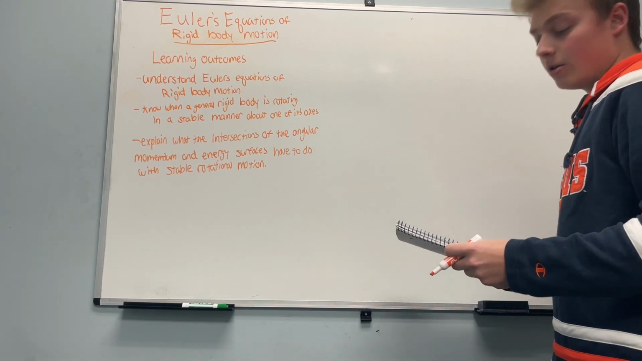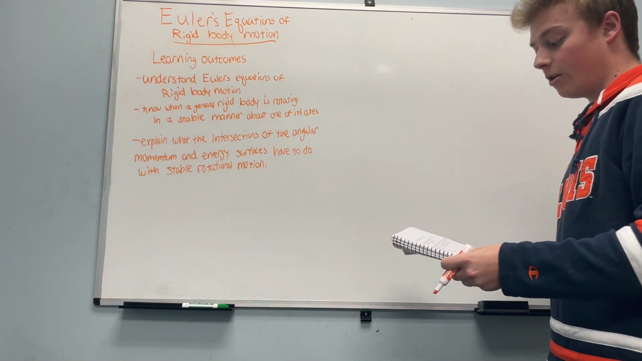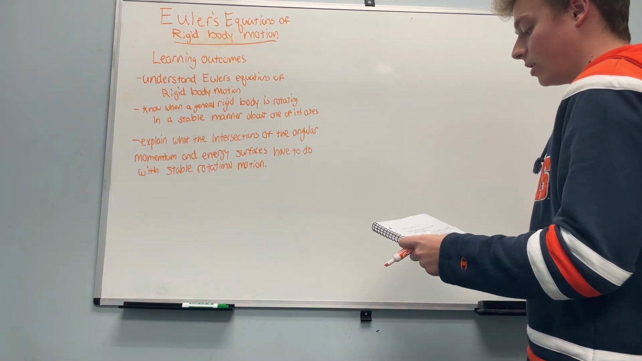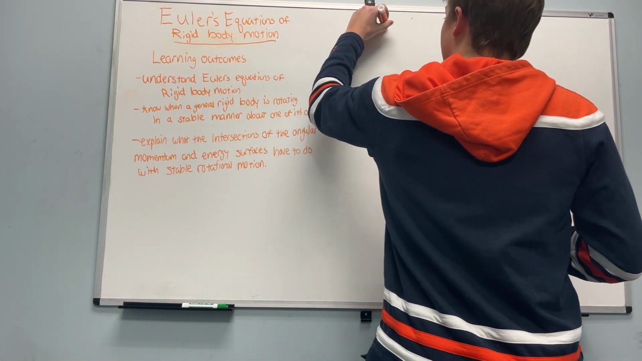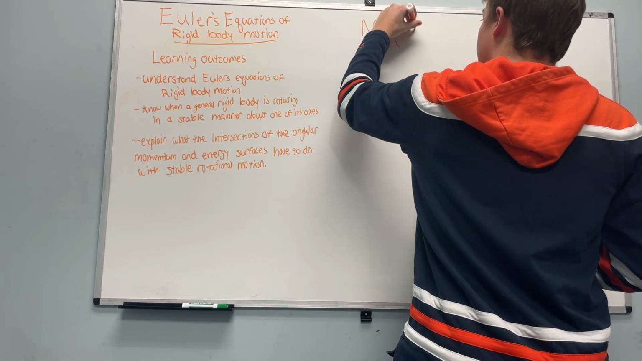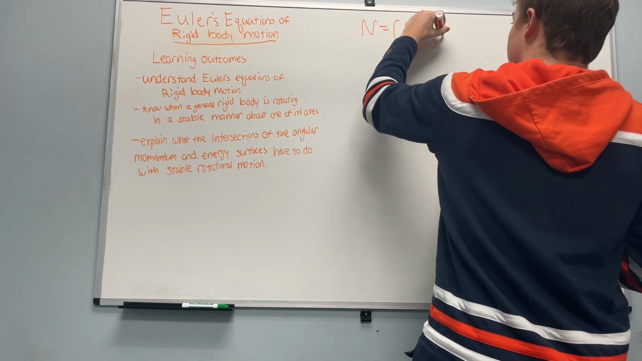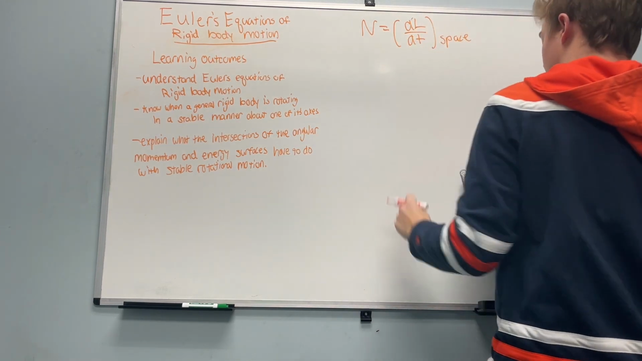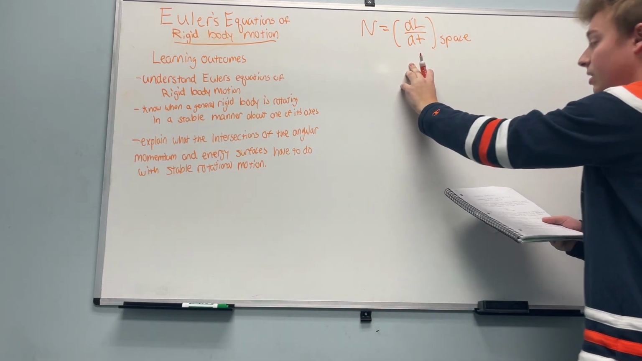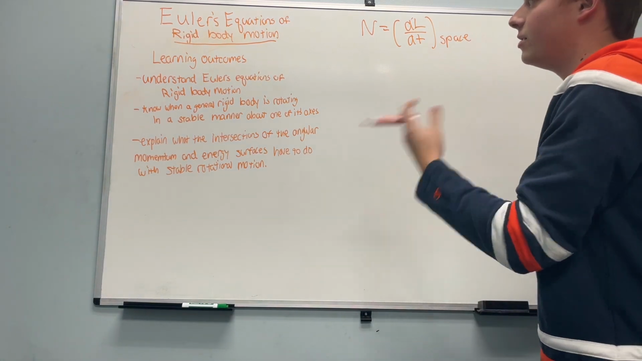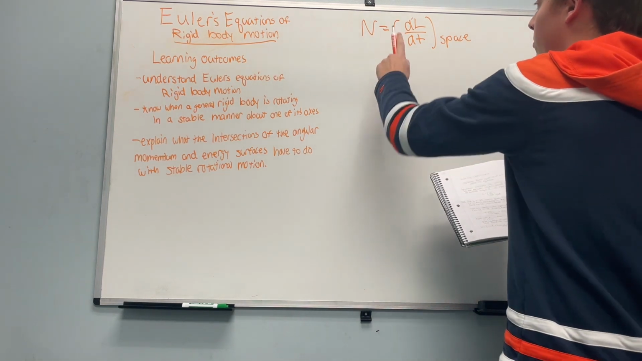From Newtonian mechanics on rotational motion, in Newton's second law, in terms of external torque and angular momentum, we can write that N, the external torque, is equal to the time change of angular momentum. Now this is in the inertial space fixed frame of reference, and it is more convenient to find these equations in the body fixed frame of reference. So we will transform this